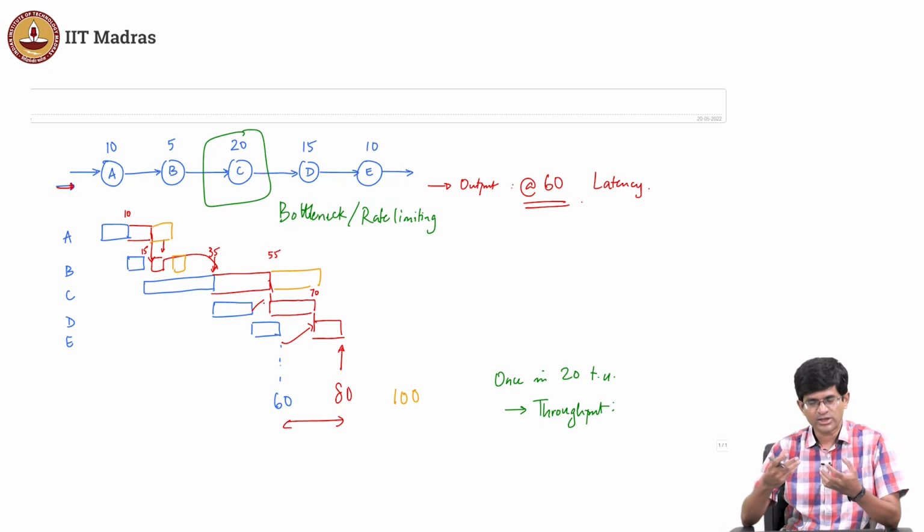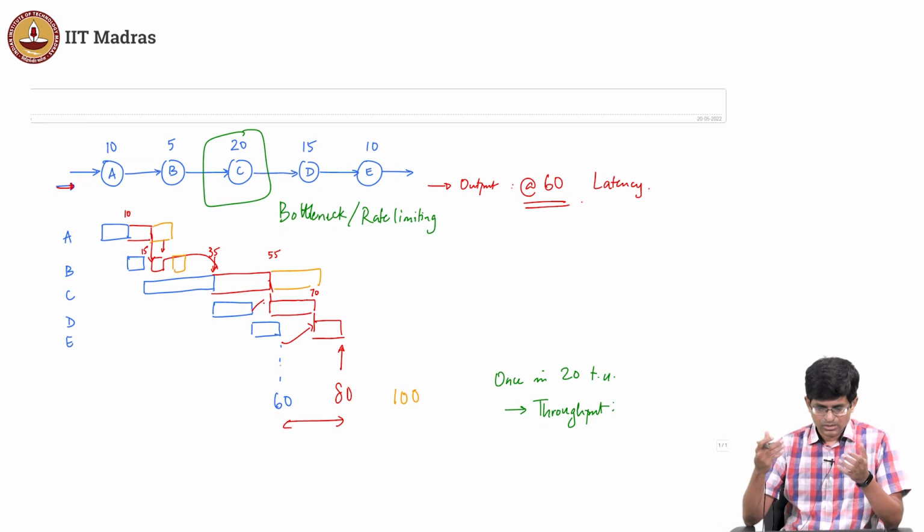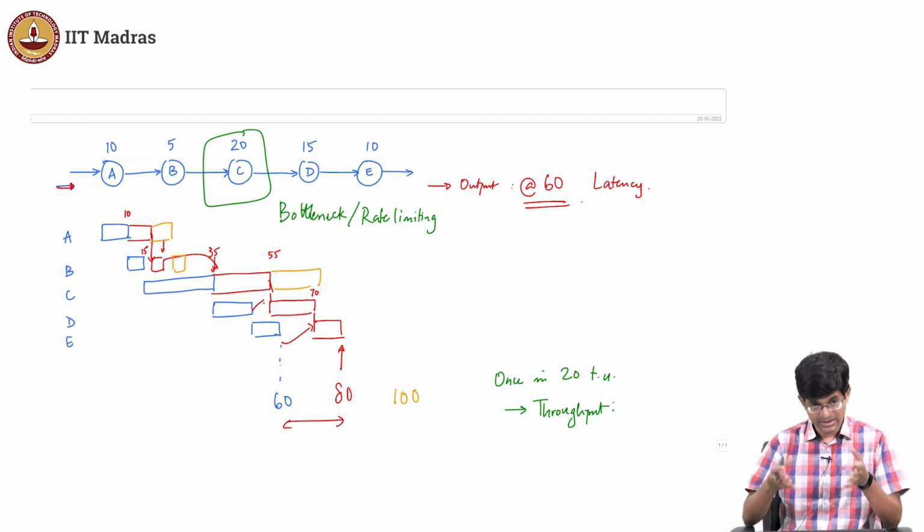What is there inside a processor? There are multiple units. There is something which is fetching data from memory, there is something which is actually performing a computation, there is something which is writing or reading from a register file. All of those units are taking time. They fall into a similar kind of pipeline. One of those stages is the limiting factor that determines the speed at which the system can run. So in other words, this analysis holds exactly even for the Unix pipeline.